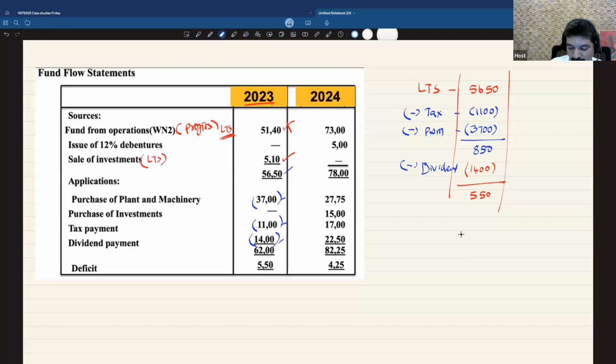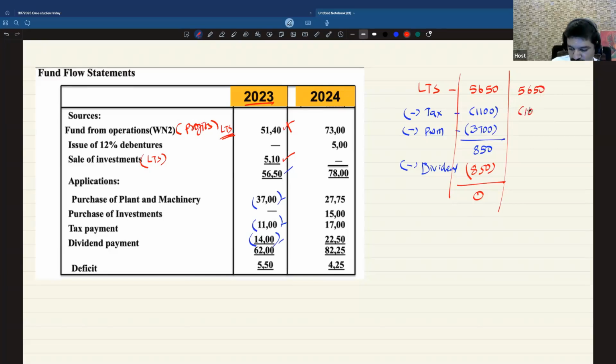When they are having only 850, what they could have done is restrict their dividend distribution to 850. If they had done that, they would not have landed in deficit. It would have been a matching situation. But let's say they are very particular, they will pay a dividend of 1,400 because they have created a trend or expectation. The owners are going to expect a certain level like this, then they should have reworked this model. That is 5,650, okay, is the long-term source.